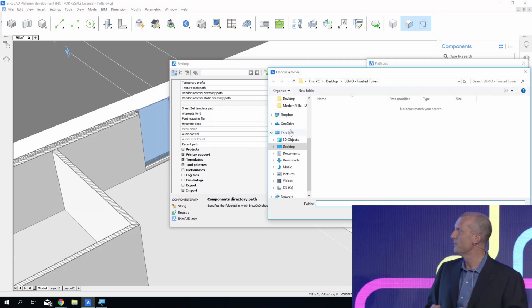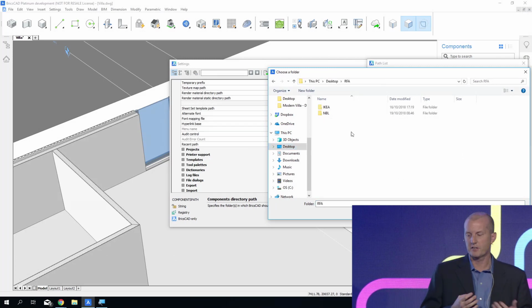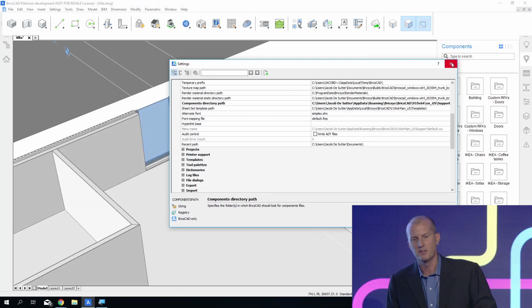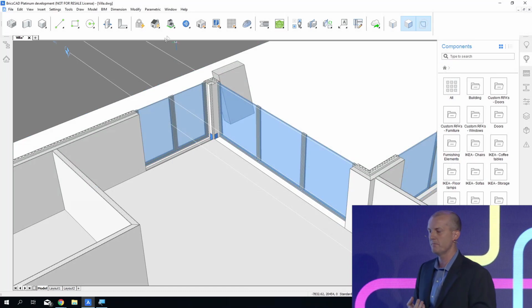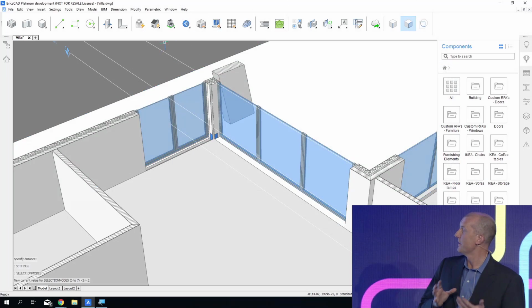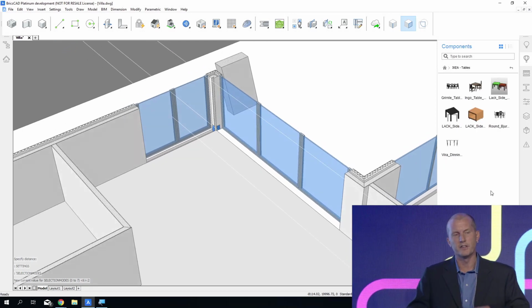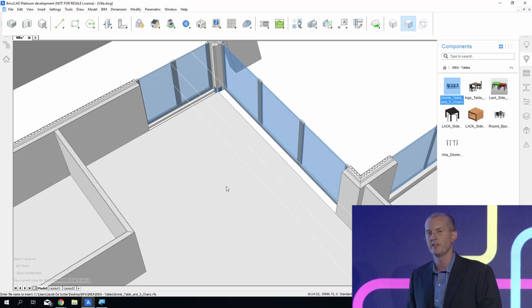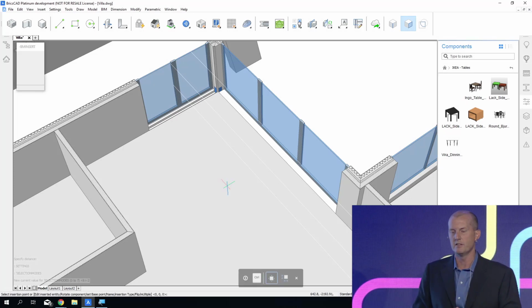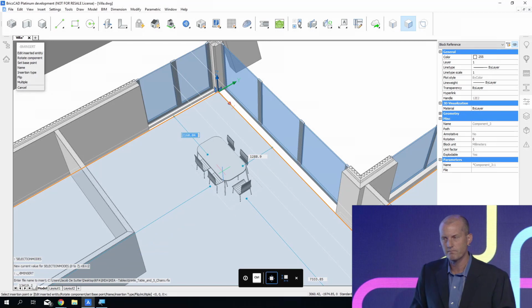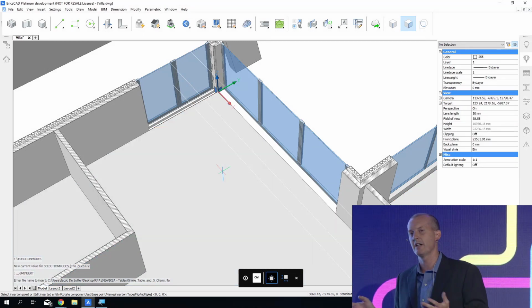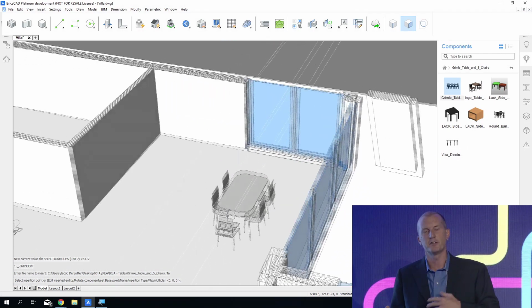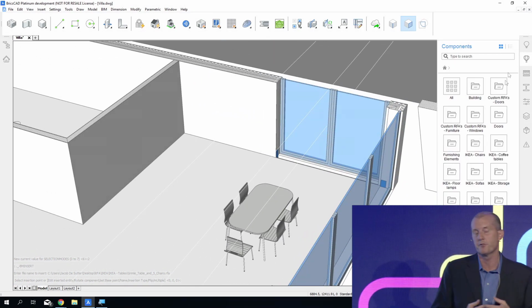And then what we'll do is we'll make a selection and introduce a set of freely available IKEA Revit families that we can bring into the component panel. And then once we select the folder that those are in, now we've got that as a part of our palette of what we can use for components, and we can drag and drop them into the interior and start to quickly add a bunch of components and start to explore how that influences the interior design of the space. If we want to make some other design changes,